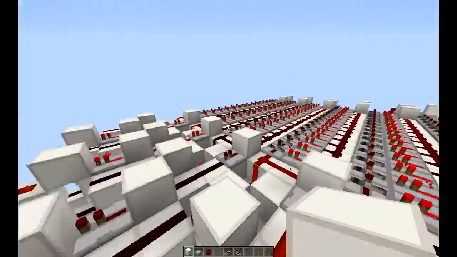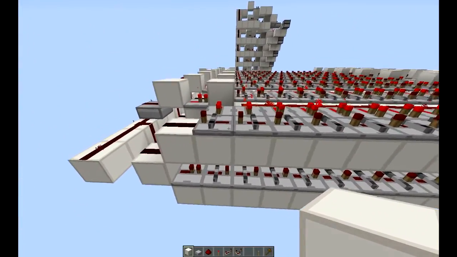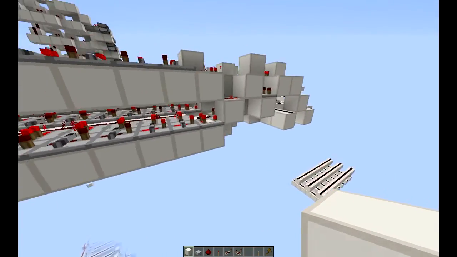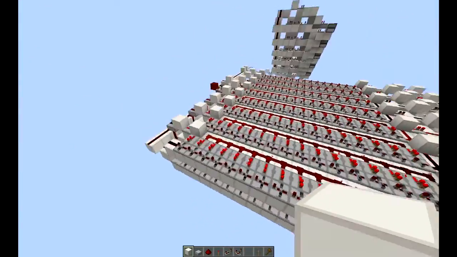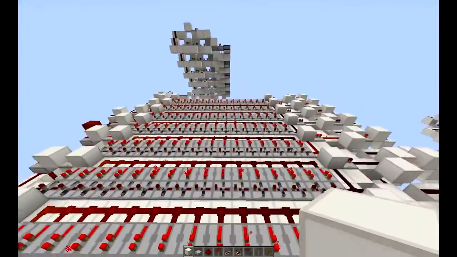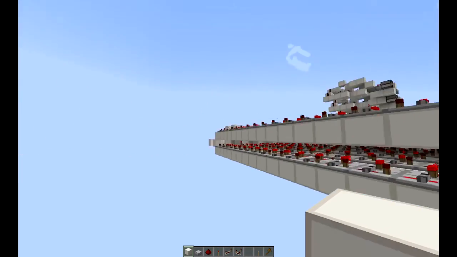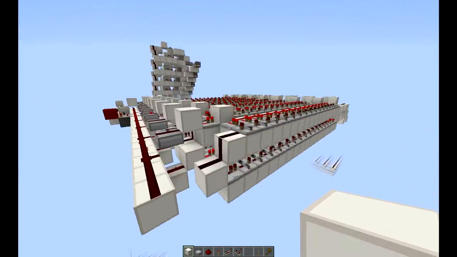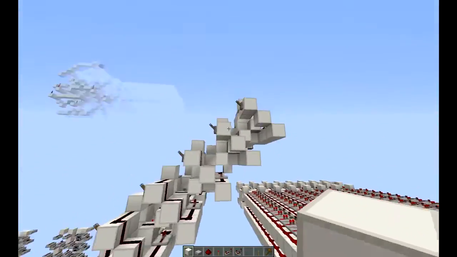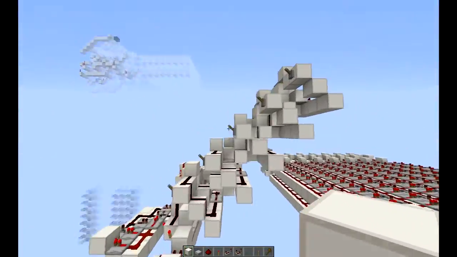So what next? This is 32 bytes. Each repeater is at 2 ticks, barring these two, but it adds up to 2, and the same here. So 64 ticks it takes. That sounds really slow until you put it into the bigger picture, because each of these, I don't know what you call these, I'm just going to call it one segment. If you have each segment connected to its own whole memory manager stuff thing,